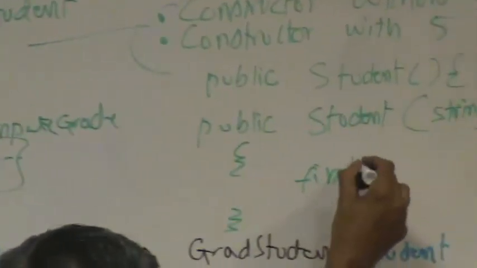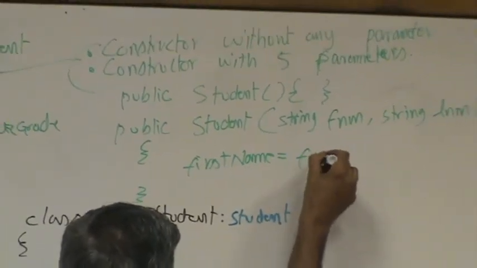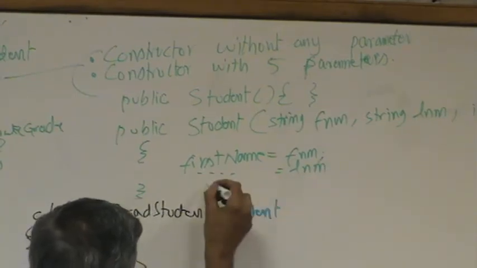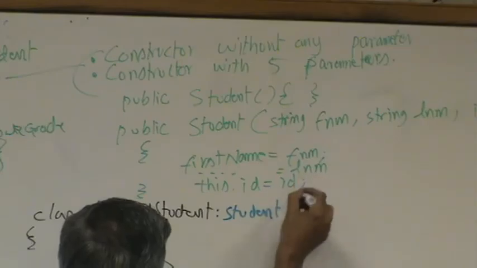We will say first name equal to FNM, last name equal to LNM, this dot ID equal to ID. So again, to